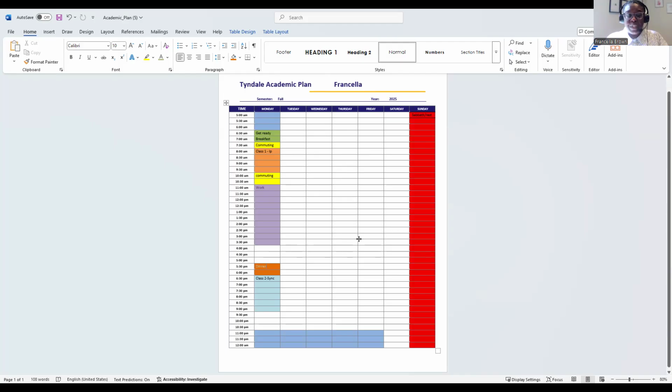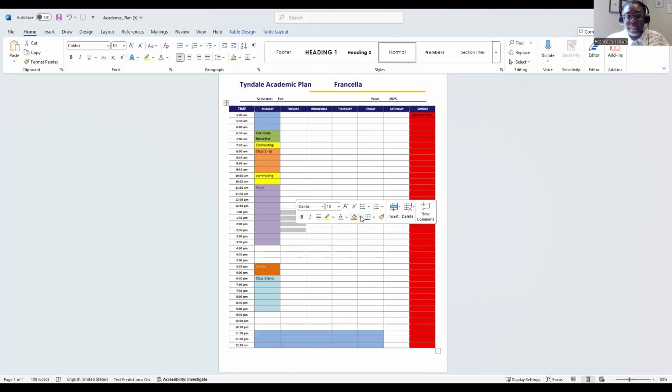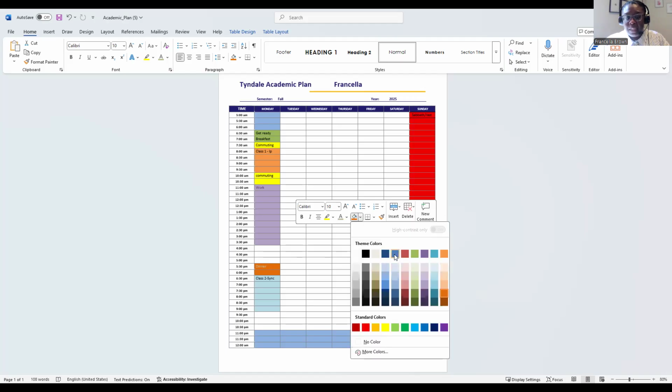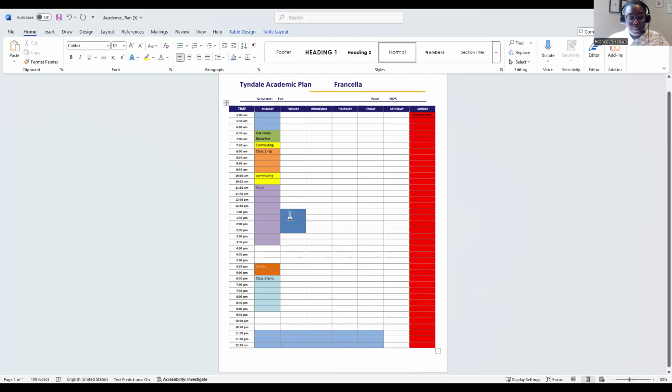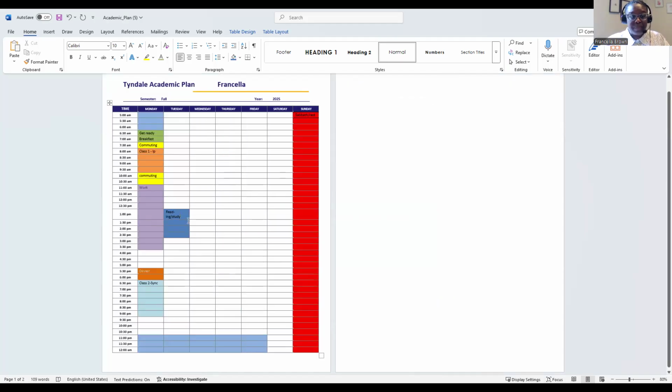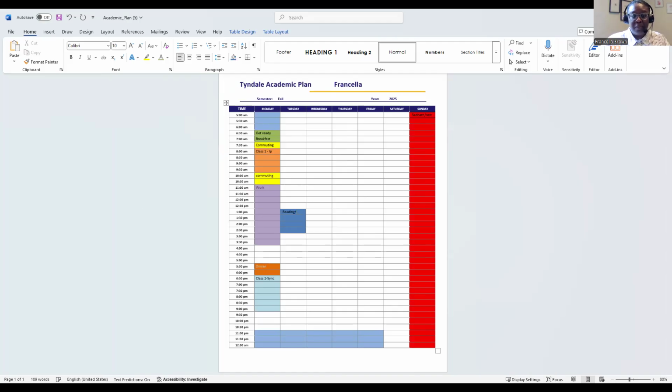Some suggestions for you, we'd recommend that you do anywhere from 1.5 to 3 hours of reading outside of class time. So you can schedule in, say, for instance, reading time here, if you have no class and you're not working, this can be a reading session or a study session here. And this should probably be for a class that's going to be either on a Wednesday or Thursday.